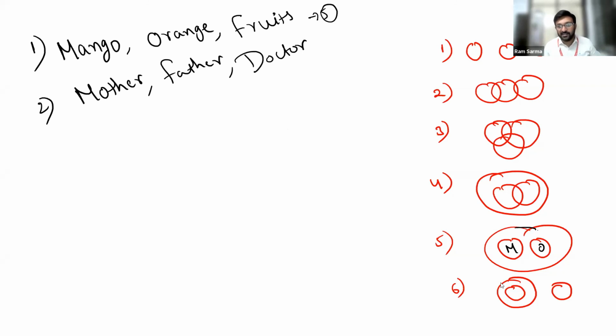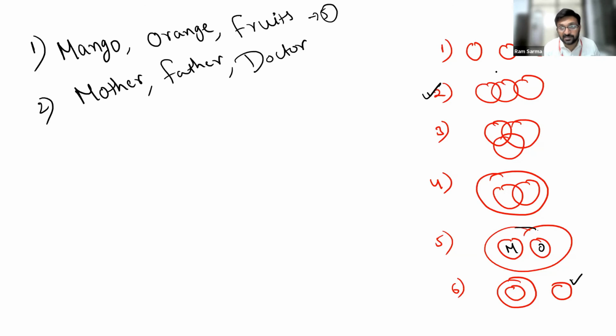So are you saying that these two are mother and father? And who is this one? Is he the doctor? I want you to understand one thing. You cannot find any common area or intersection for mother and father. I mean, a person can be a mother, a person can be a father, but definitely not both. Clear? You guys need to understand this. So the answer definitely is not the 6th one. The answer for this second question will be option number 2.